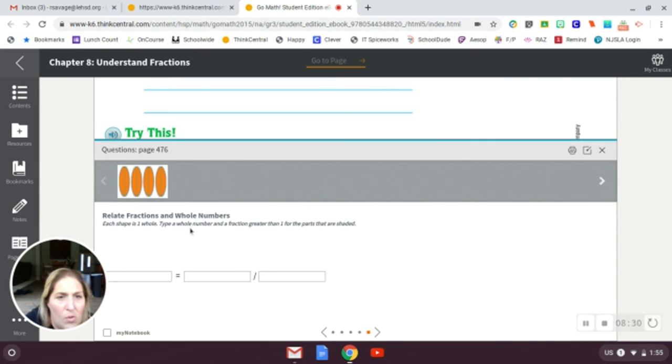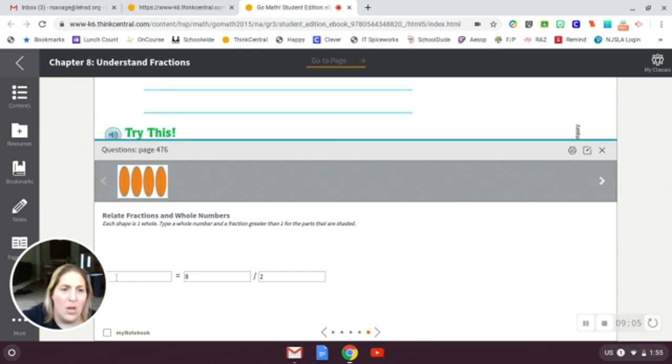Each shape is 1 whole. Type a whole number and a fraction. Well, that denominator is whatever those pieces are broken into. And I know that's 1 circle broken into 2. So my denominator is going to be 2. And now I need to count how many halves there are. 1, 2, 3, 4, 5, 6, 7, 8. It's a lot easier to see when the picture is not small and squished up like that. So my fraction greater than 1 here is 8 halves, because 1 of those is a half and you've got